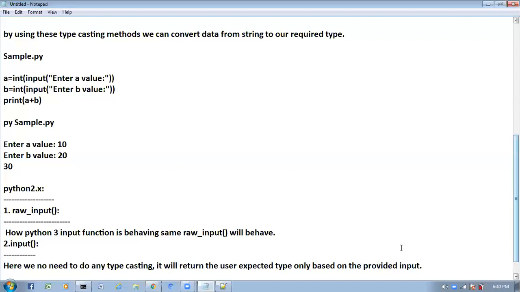In Python 2 there are two functions, raw input and input. Clear?